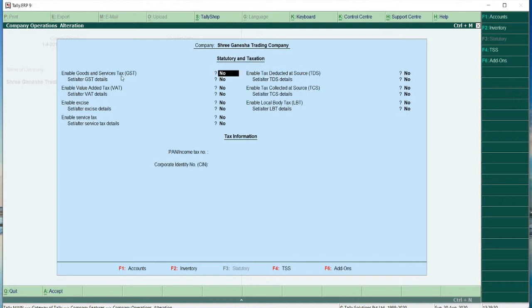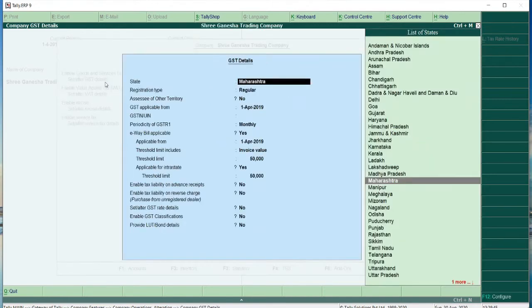Here you can see enable goods and services tax GST is no. I am going to change this from no to yes. Also set alter GST details, it is also no. I will select this as yes.